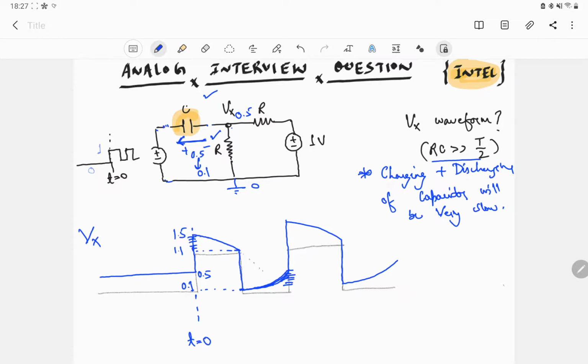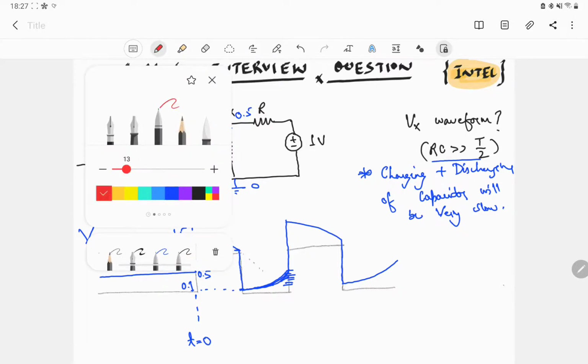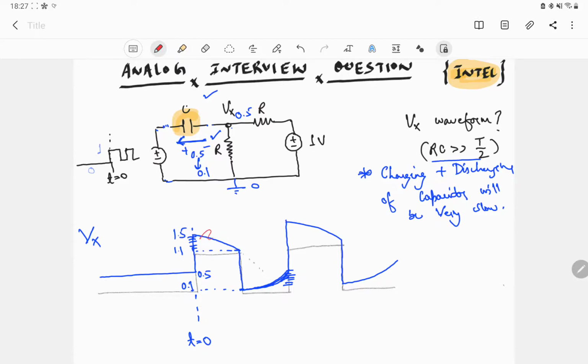This could be the doubt of some guys. So I have assumed a 0.4 volt drop over here, so a 0.4 volt increment will also be there. That's why I have concluded this to be 0.5 volts. And that's pretty much it. This point is very important, first of all. Then the second point is